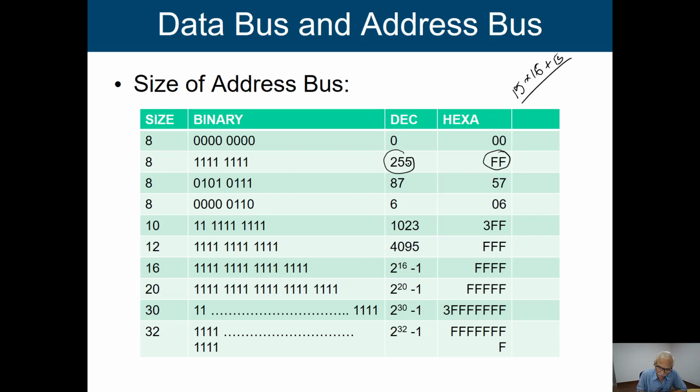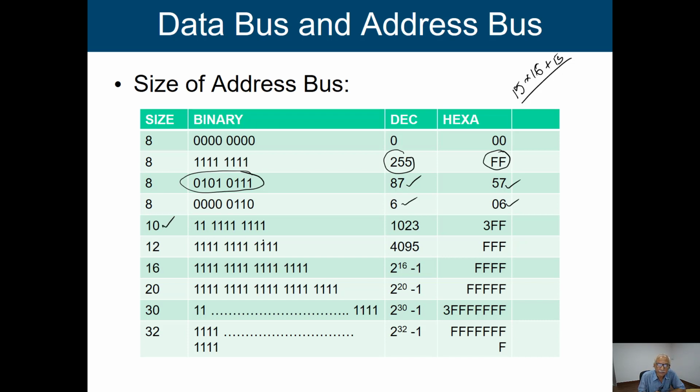So this is an example I am giving. Say the contents of this particular address bus are 0, 1, 0, 1, 0, 1, 1, 1. Then the decimal equivalent of this number is 87, and in hexadecimal we are going to get 57. Similarly, if it is 0, 0, 0, 0, 0, 1, 1, 0, then in decimal it is 6 and in hexadecimal also it is 6. So basically, if this is the contents of my address bus, it is going to locate or point to that particular memory location.